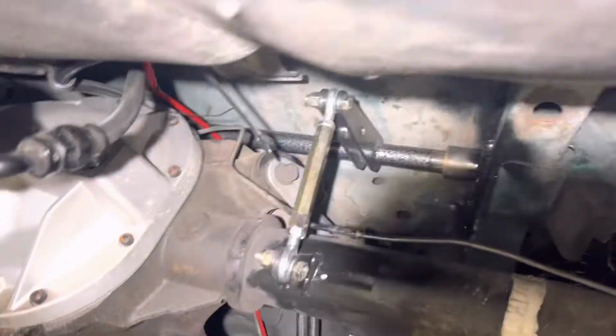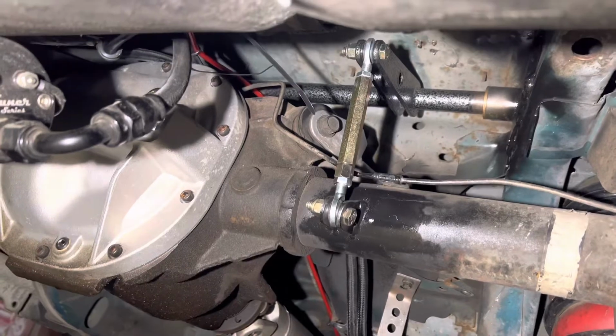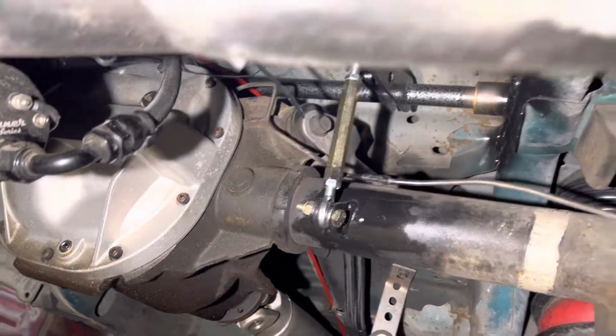Oh, and finally, this has been sitting in the garage for about 2 years now. So finally got the Team Z anti-roll bar all welded up and in. So I'll be able to get rid of the Eibach drag springs, and we're probably gonna put a set of Team Z drag springs in there now. So I'm gonna get some of them dyno videos up, and yeah, make sure you check me out on